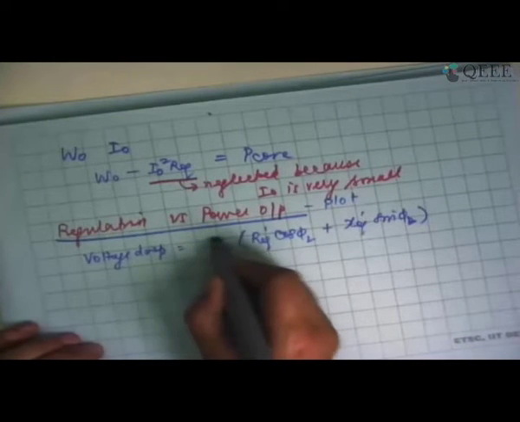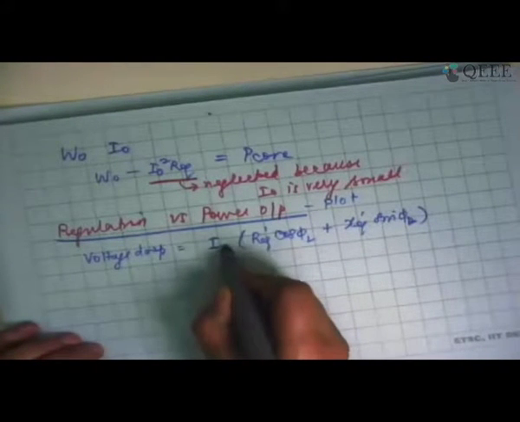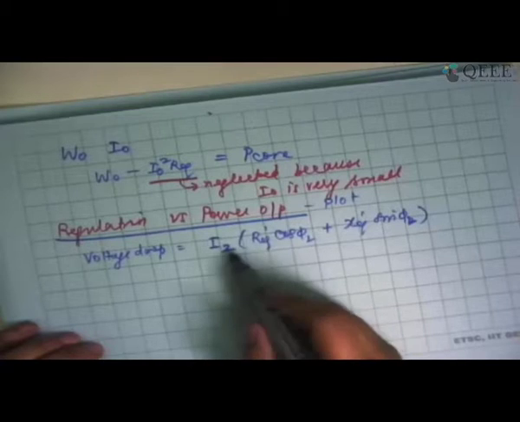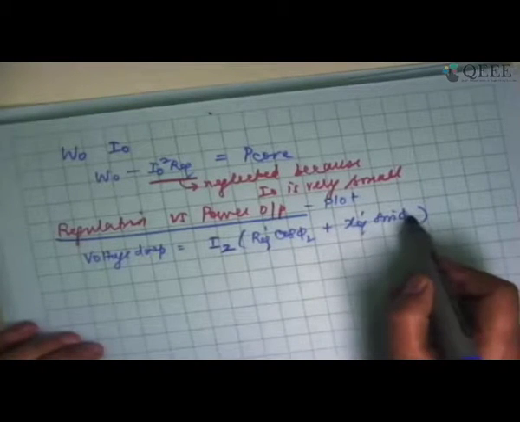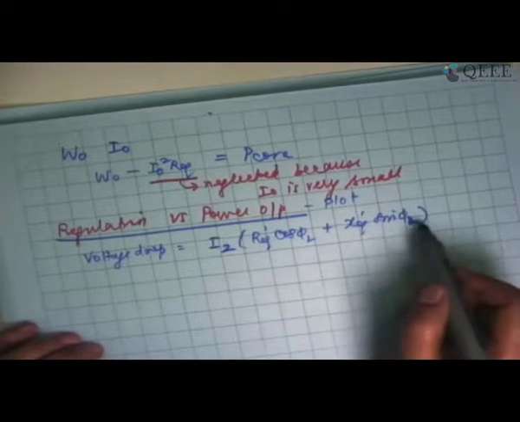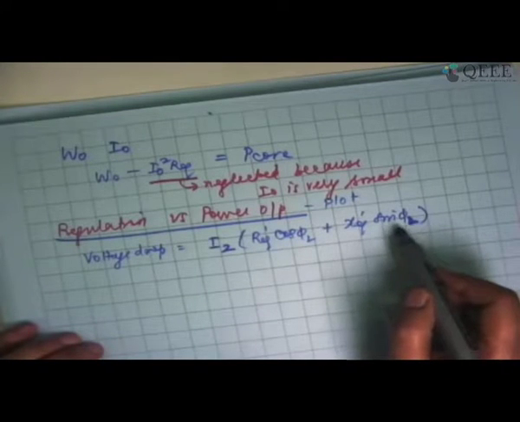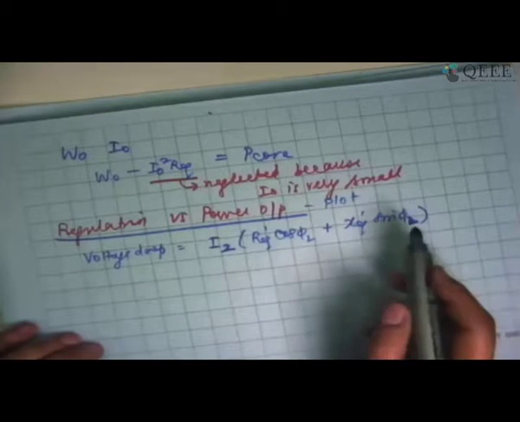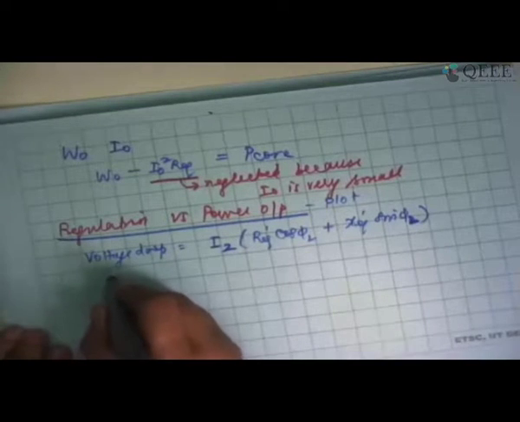Please note that as the load increases, very clearly the voltage drop is going to increase. I2 is going to increase. And also, depending upon whether sin phi L has a particular value which is positive or negative, the voltage drop is going to change. So let me plot